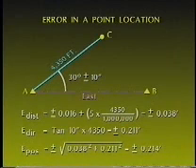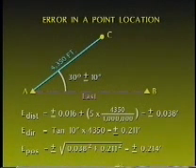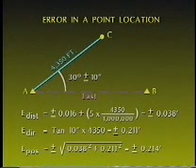Now, solving for the error in the angle, we can use simple trigonometry. The linear error value is equal to the tangent of 10 seconds, which is the error in our angle, times the length of the line, 4,350 feet, which equals plus or minus 0.211 feet. Remember that the tangent of an angle is equal to the opposite side, which is the error amount, divided by the adjacent side, which is the length of the line. By rearranging this formula, we get the error at point C equals the tangent of the angular error times the